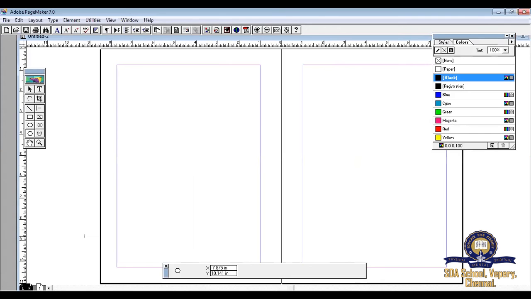Then click the text tool. Draw that text tool on the left of your master page. Then press Control Alt and P.